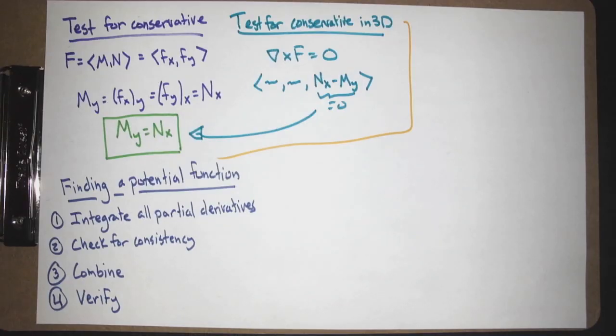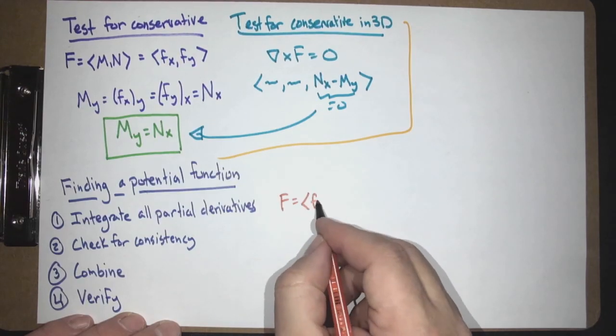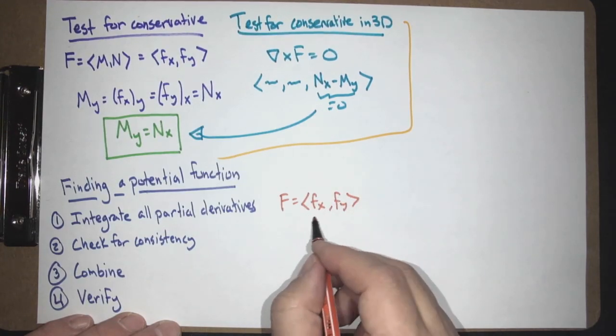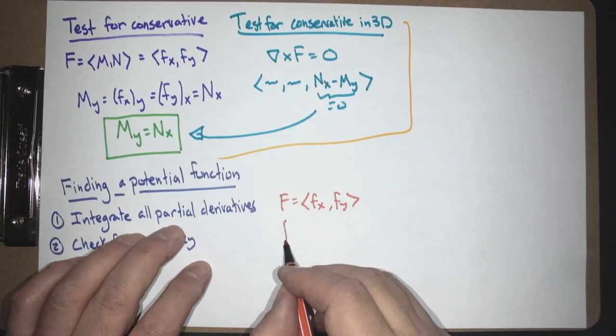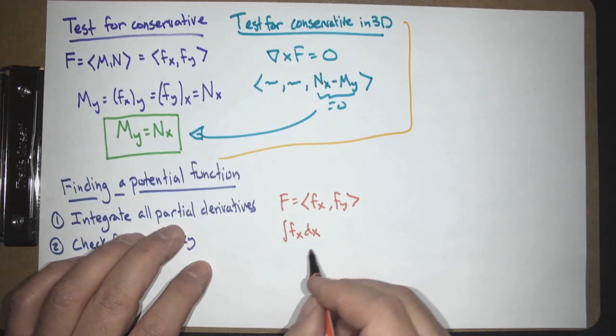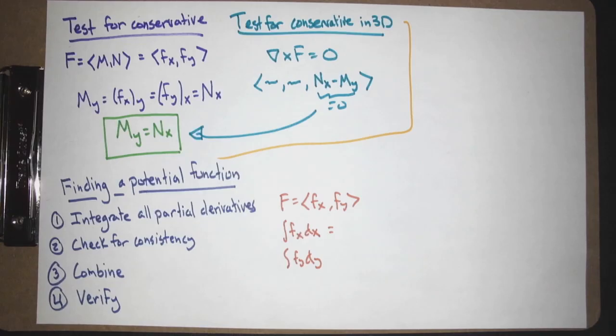Now, how do you find a potential function? Well, I used to teach a long, convoluted process, but I decided that's too long, and that's not how you really do it. So how do you do it? Essentially you say, if I think something has a potential, we can search for it because we have the partial derivatives. So we have our f, which is f sub x, f sub y. This is, we think, what we look like. So when we talk about integrating the partial derivatives, we say, okay, integrate f sub x dx, integrate f sub y dy. Because what happens if you integrate the derivative with respect to x,